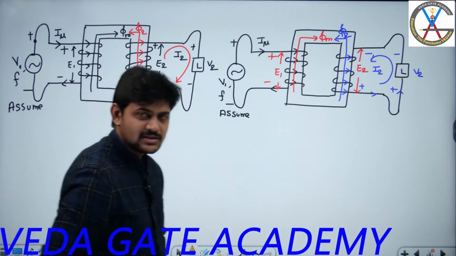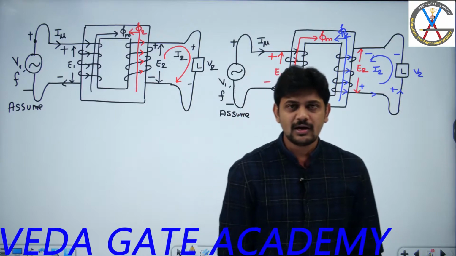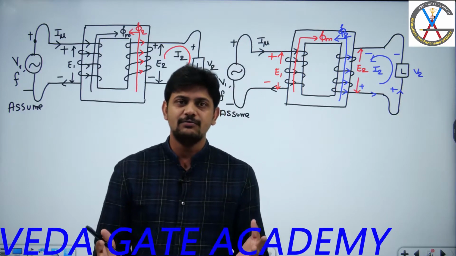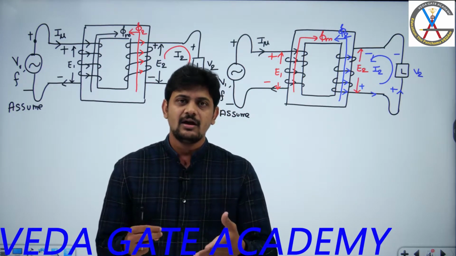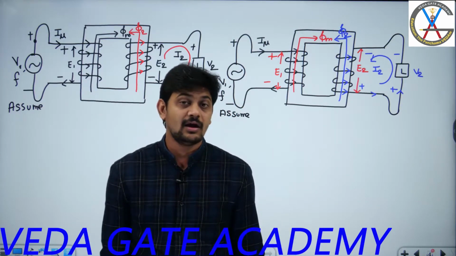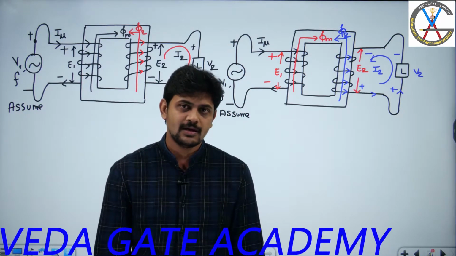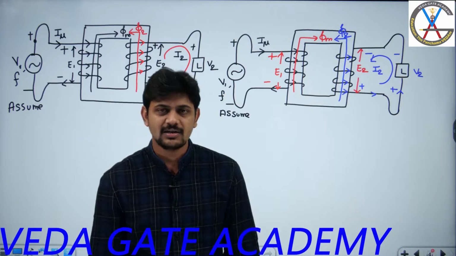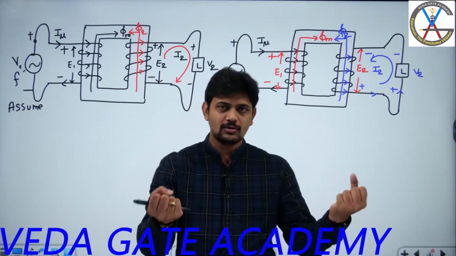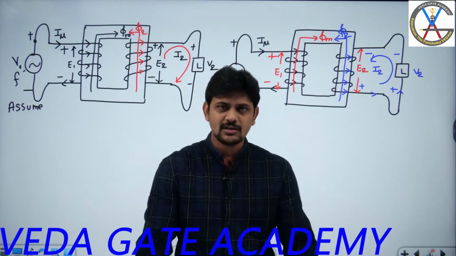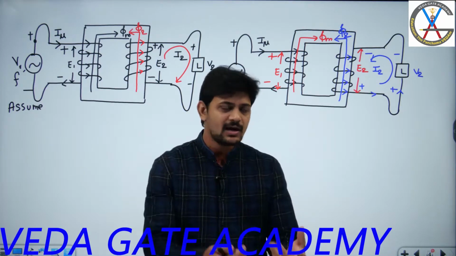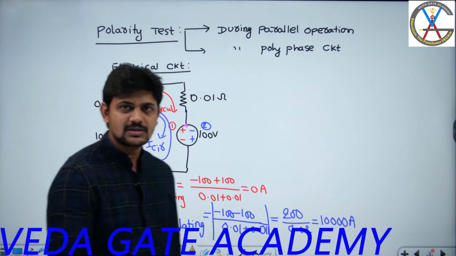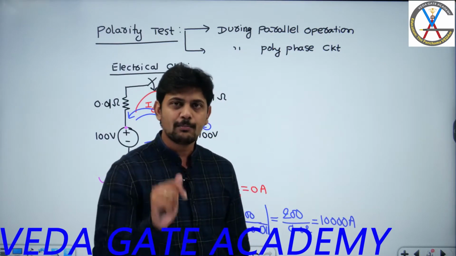But practically, once the transformer design is over, can I identify the sense of the winding? No, I cannot identify the sense of the winding because my winding is preformed, taped as well as insulated, and it will be concealed within the transformer tank. Yes or no? Right? So in that case, how to determine the polarities of secondary winding terminals? Because if I am purchasing two similar transformers and I want to connect these two transformers in parallel, can I blindly connect them in parallel? No. Why? If I blindly connect these two transformers and I get a situation of case 2, then the two transformers get damaged. Yes or no? Right? There should be a proper parallel connection.